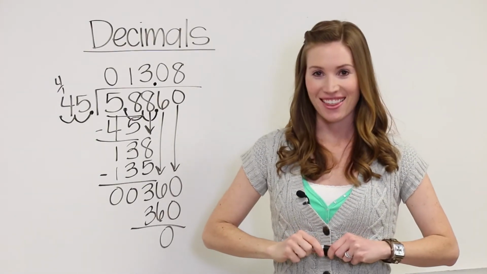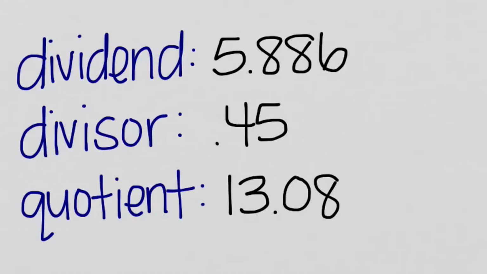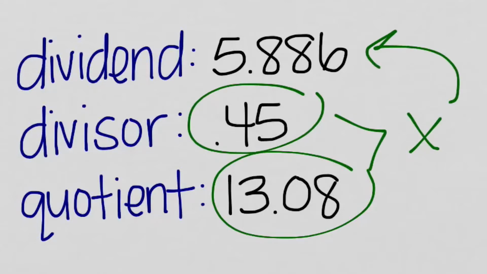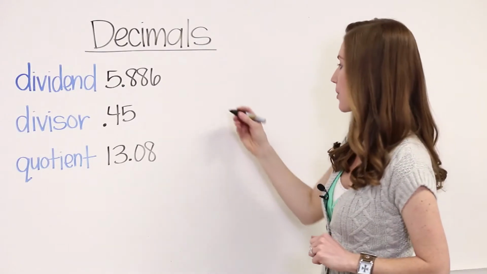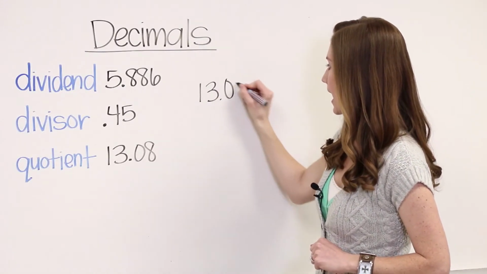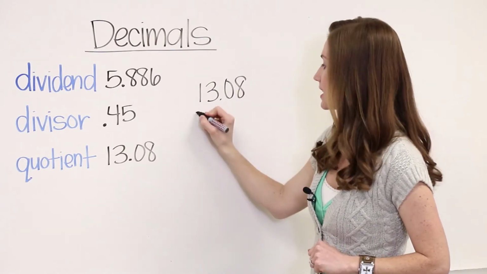Now remember, we always need to check our work. Let's check our work together. In this problem, our quotient is 13 and 8 hundredths, and our divisor is 45 hundredths. When we multiply the two, we should get our dividend of 5 and 886 thousandths. Let's check our work. 13 and 8 hundredths times